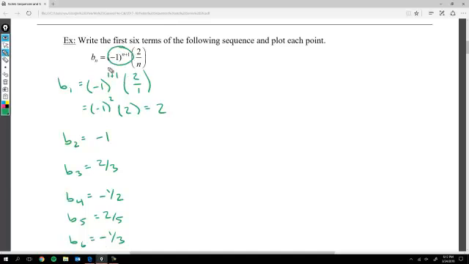The whole reason why that's there is it doesn't actually affect the value of my number, but it affects the sign. So this negative 1 to the n plus 1 makes it so that each of my terms keeps alternating in sign. That's something to notice. And that makes my graph look real wonky. So if I were to graph this,